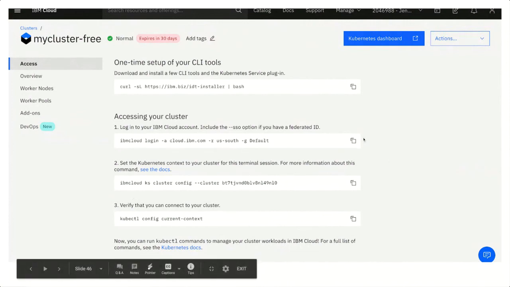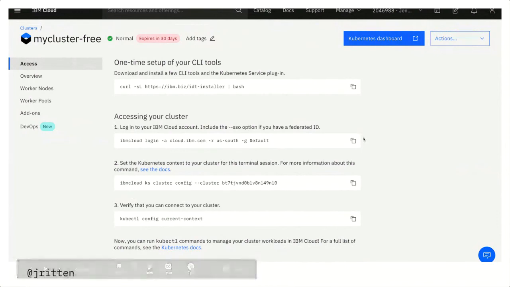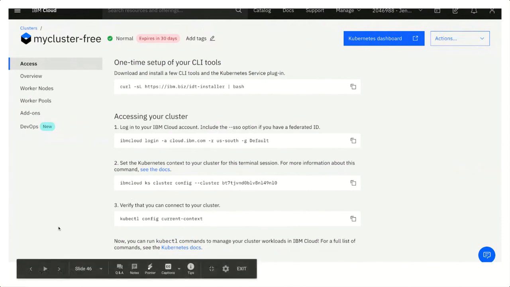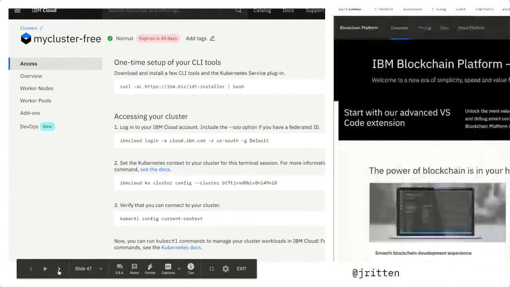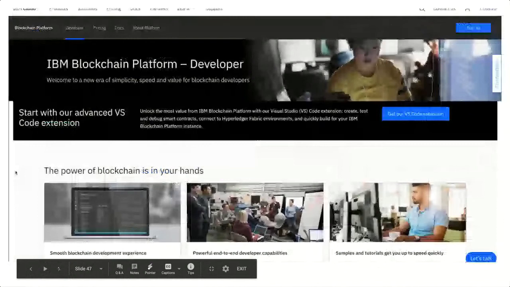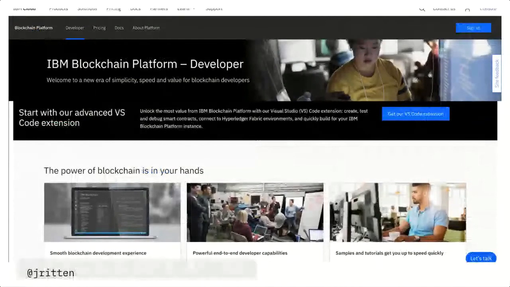But essentially, once you log into your IBM Cloud account, you'll be able to access your cluster, and then you'll be able to verify by running the kubectl command down here. So if you haven't already gotten the VS Code extension, you'll want to do that now.